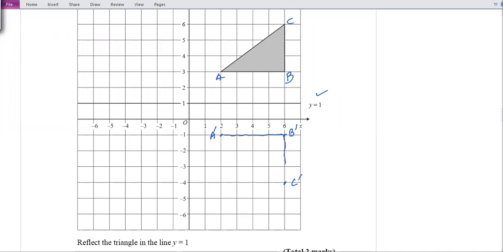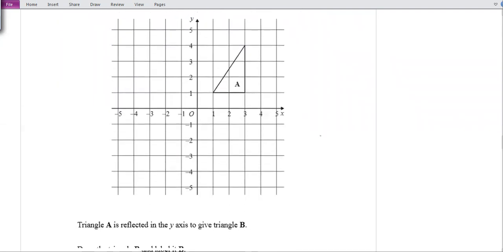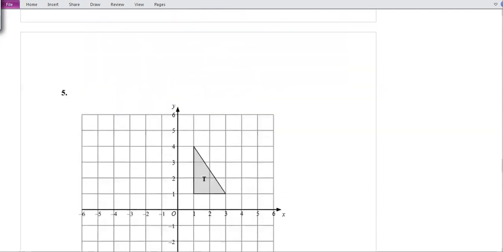So whatever the mirror line is, you have to follow that one. If it mentions the x-axis, as I told you in the beginning also, you don't need rules to do the reflection. Rules will be useful for describing the reflection. I think even this question you can do, there will be no problem. You have to try it.